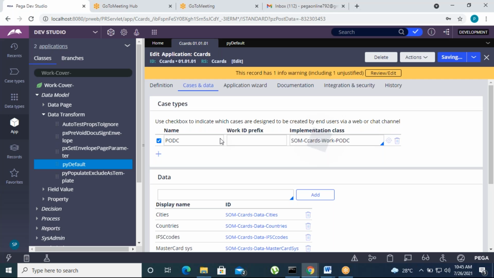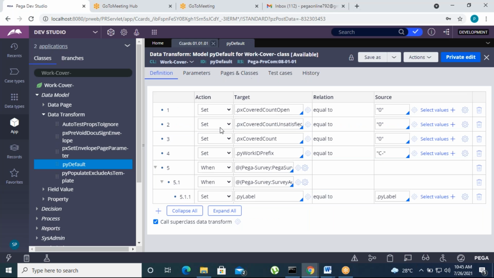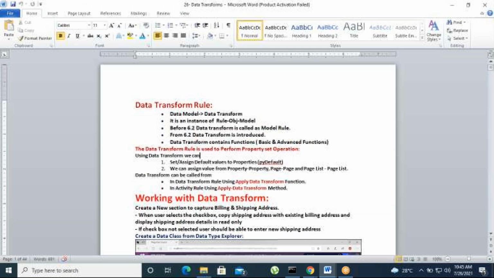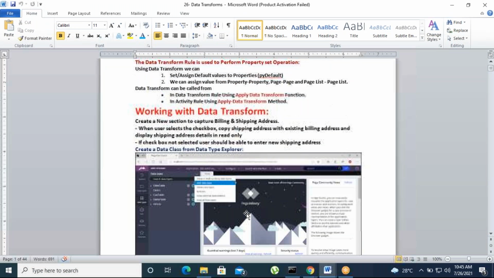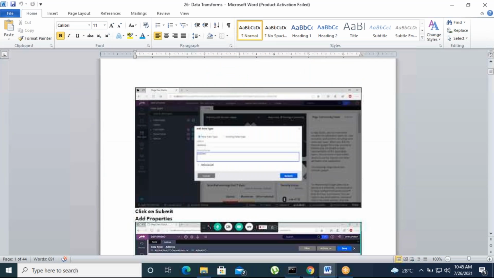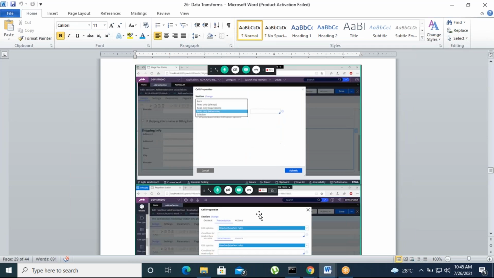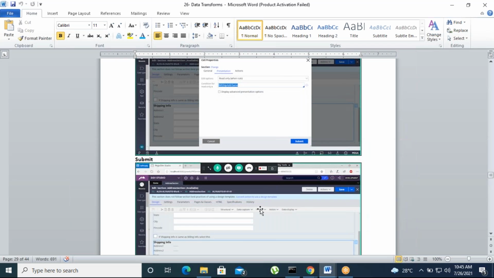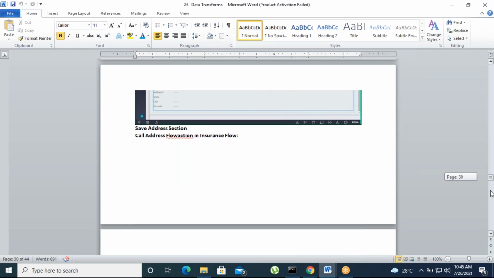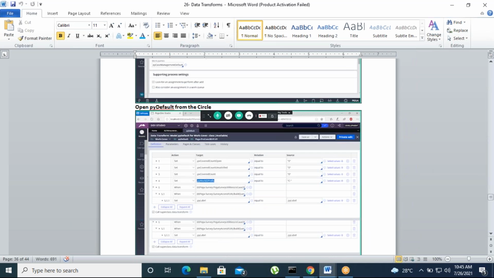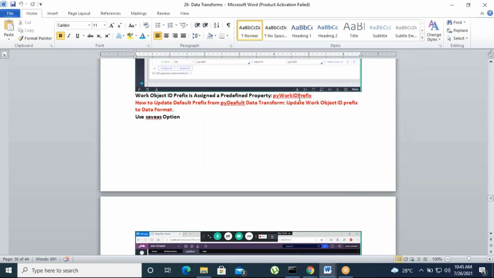I'm going to show you how to modify the existing data transforms and how to edit them. So let's go here. Suppose we have an out of the box rule, this is pyWorkIDPrefix, right?